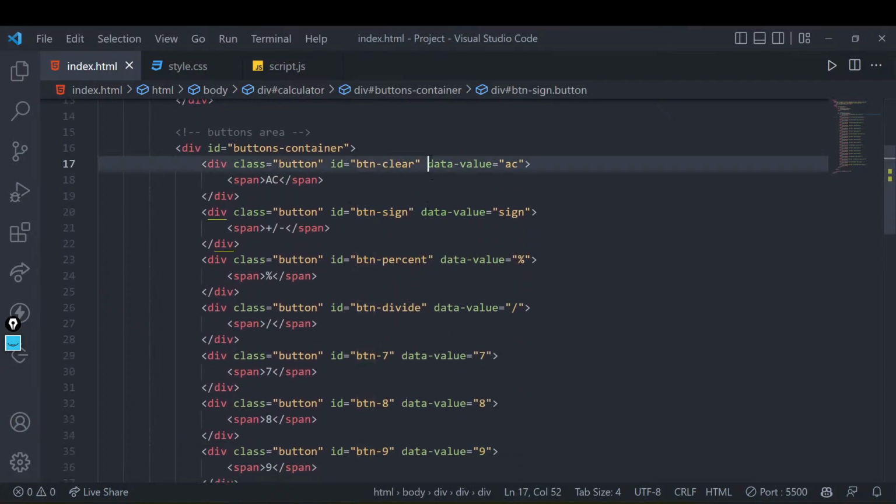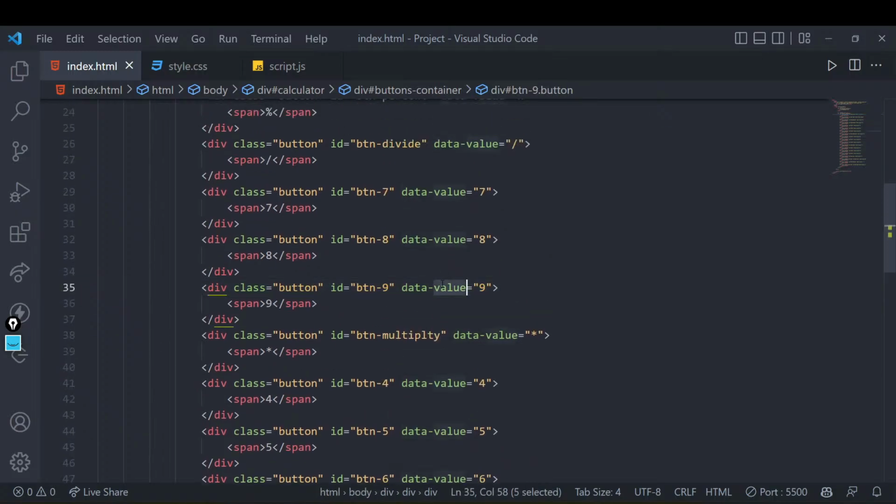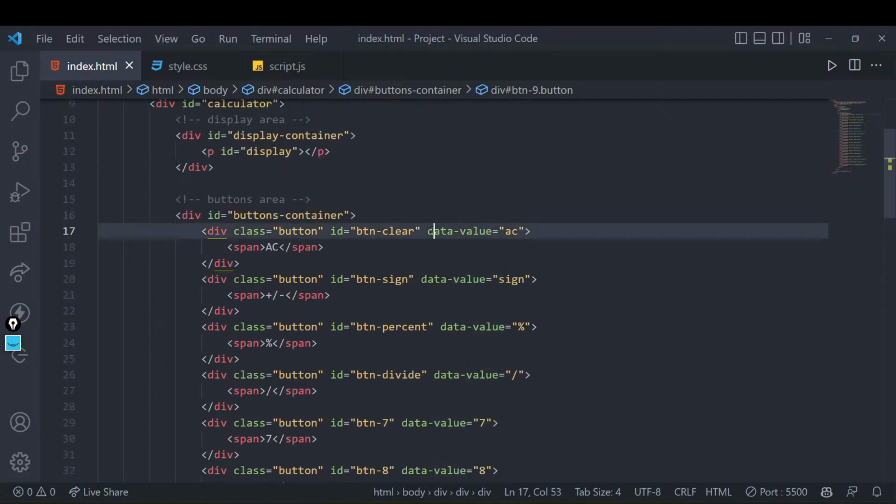And one more very important thing to know over here is this data value, right? This is nothing very fancy, it is just an extra attribute. Why have we written this over here? Suppose I click on the 5 button. How will I ever know which button is clicked and what the value of that button is? I might know the button btn 5 is clicked, but how will I get the particular value of that button? So for that, I have added an extra attribute, that is called data value, which is a predefined thing. So I have added this thing.